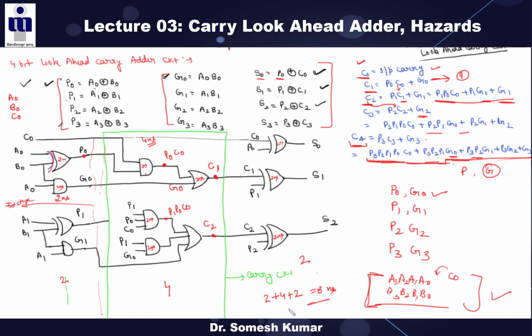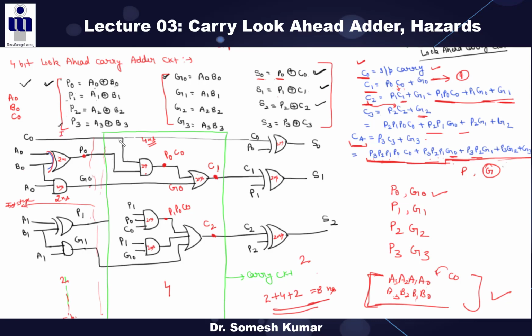So can you tell me, does this overall time for the addition depend on the number of bits or not? If you add a 5-bit adder, then the stages remain the same, so the delay remains the same here. This is the main advantage of your look ahead carry adder circuit. Understand the difference? So in this adder, the propagation delay is independent of the bits, or depends on the number of levels.